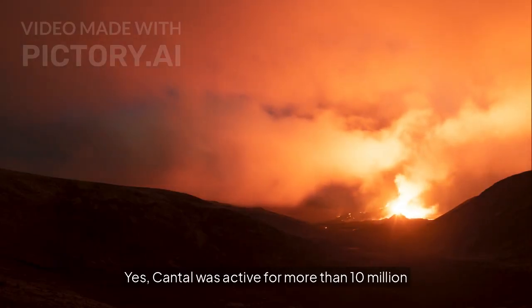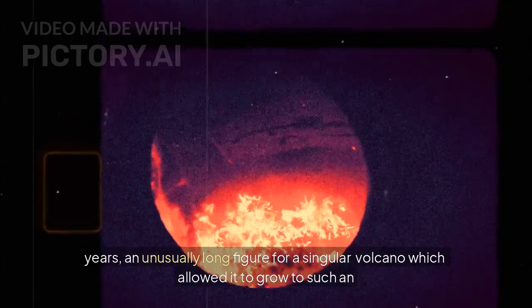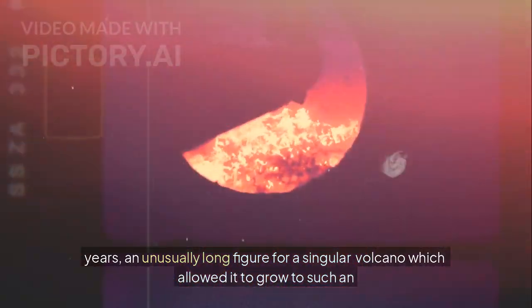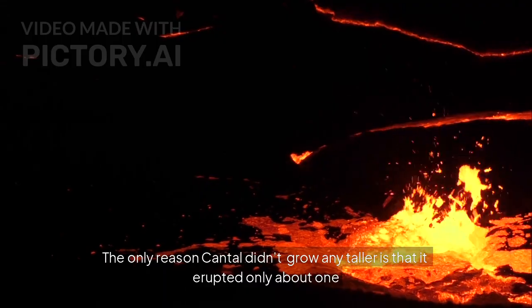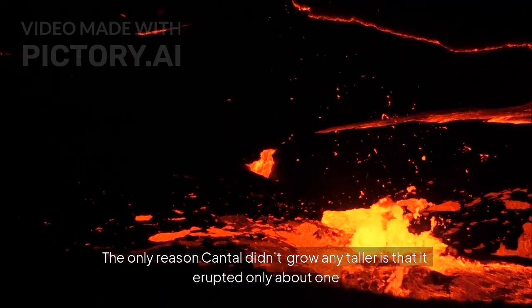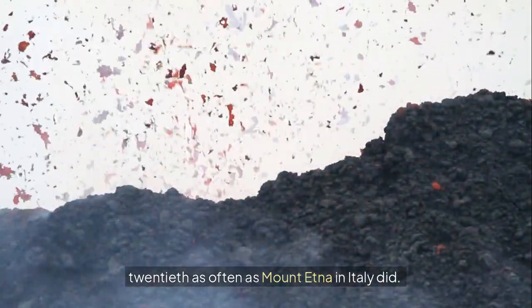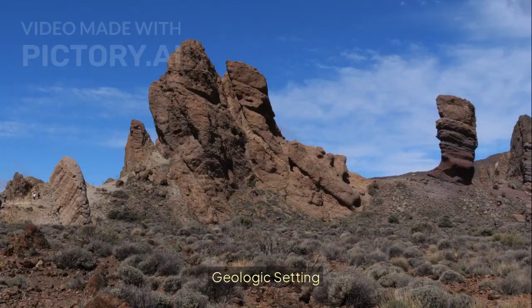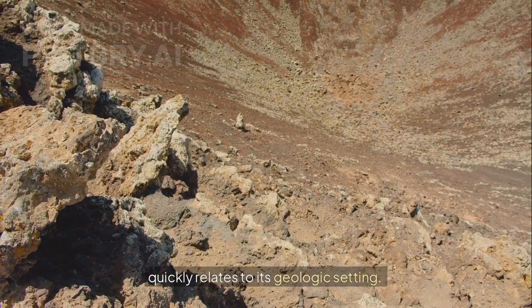Yes, Cantel was active for more than 10 million years, an unusually long figure for a singular volcano, which allowed it to grow to such an impressive height. The only reason Cantel didn't grow any taller is that it erupted only about 1/20th as often as Mount Etna in Italy did. The reason why this volcano did not die off so quickly relates to its geologic